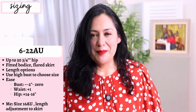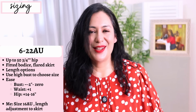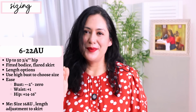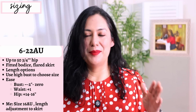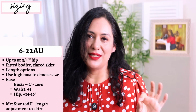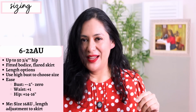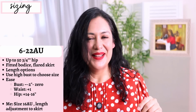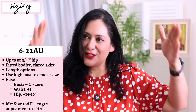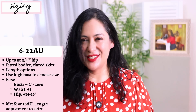I actually measured my pattern pieces to see how much ease we have here or lack thereof. And depending on where your measurements fall within one size, because there's a range of measurements there per size, you could have anywhere from 2 inches of negative ease to 0 ease at the bust. So I'm sitting around the 2 inches of negative ease on my sizing. At the waist, it's going to be fitted. At the hips, because it just flares out, it's going to have about 14, 15, 16 inches of positive ease